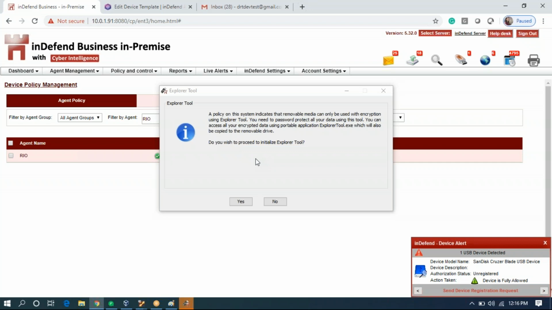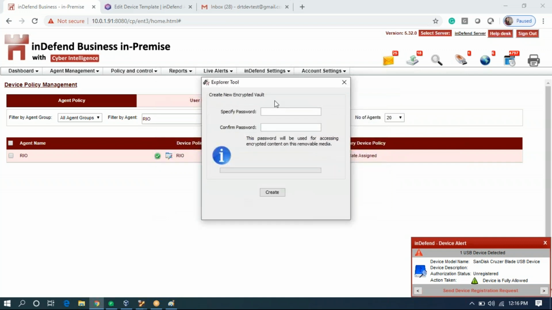So when you plug in for the first time, this is the disclaimer that you receive, that there is an encryption policy implemented on this system and would you like to use it with encryption. If you choose not to encrypt your USB, then you will not be able to use the USB for any write activity anyway. And if you want to write, you need to create this vault. So we'll click on yes. We'll create a password for this USB.